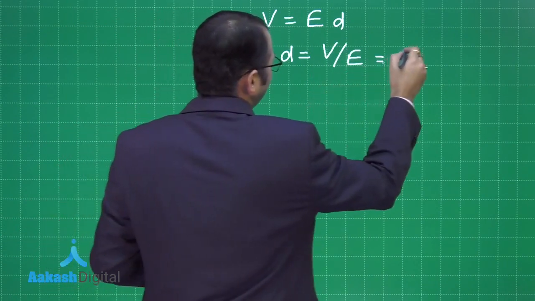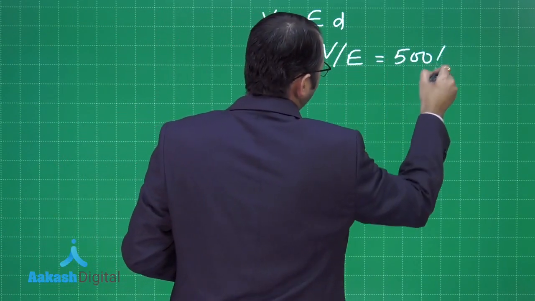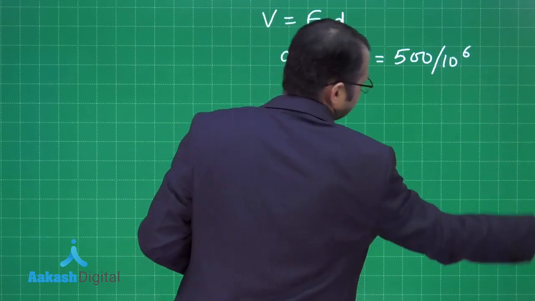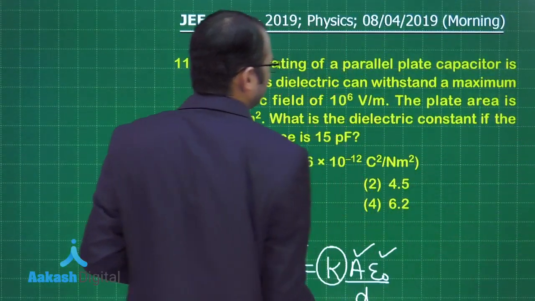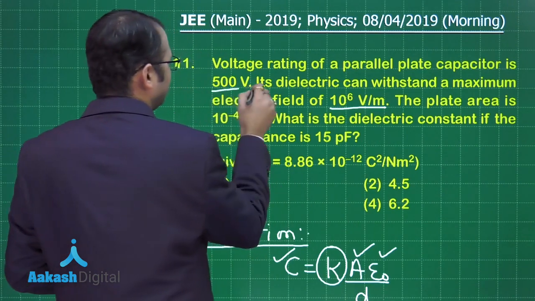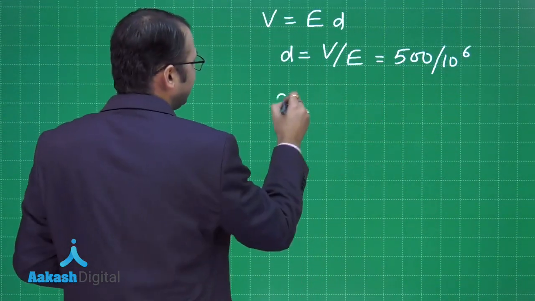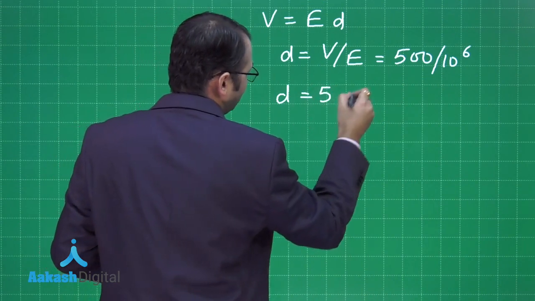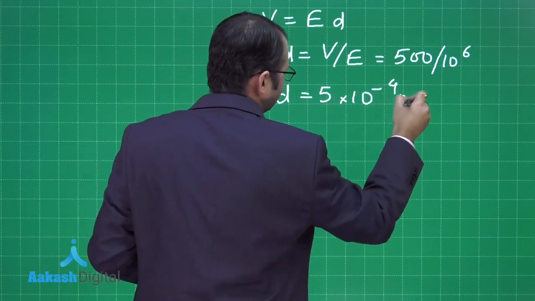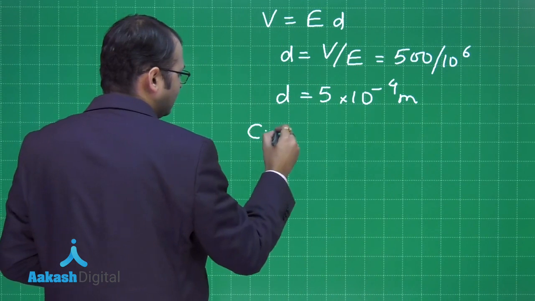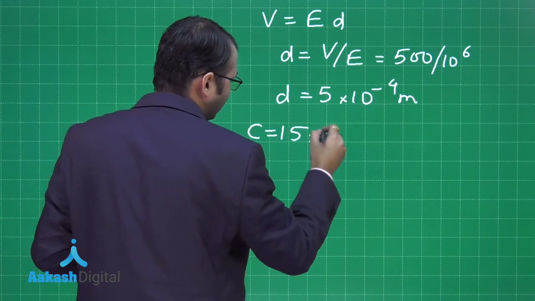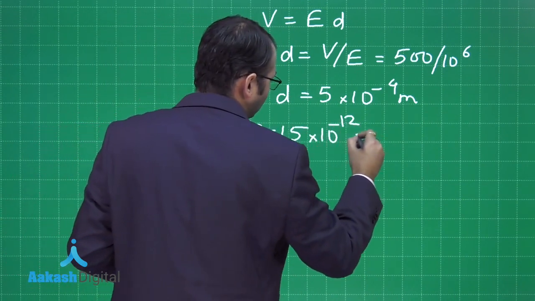So what is the value of V? That is 500. What is the value of E? That is 10 to the power 6. As you remember, in the question it is given as 10 to the power 6 and potential is 500. So when you solve this one, you will get D as 5 into 10 to the power minus 4 meters, right? Now C is equal to 15 picofarad, that is 15 into 10 to the power minus 12, which is equal to